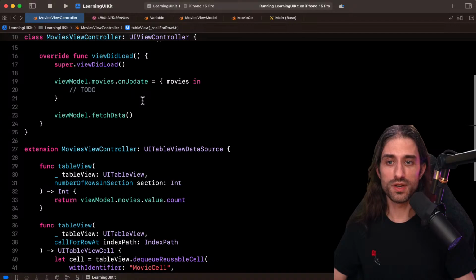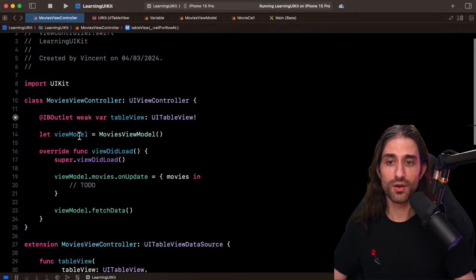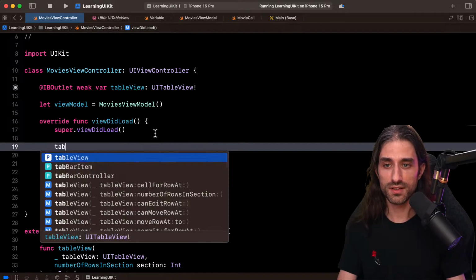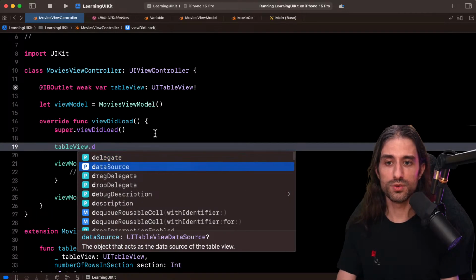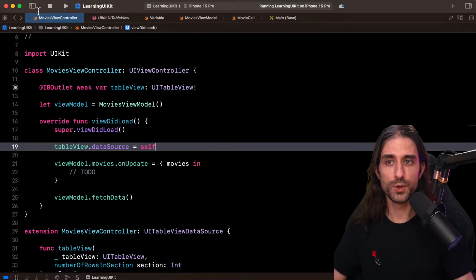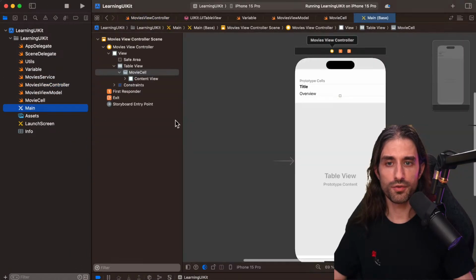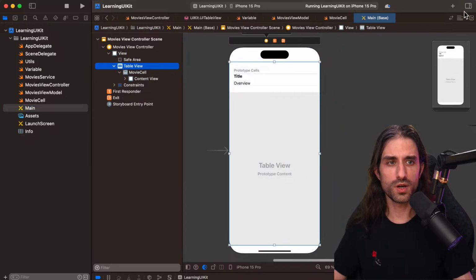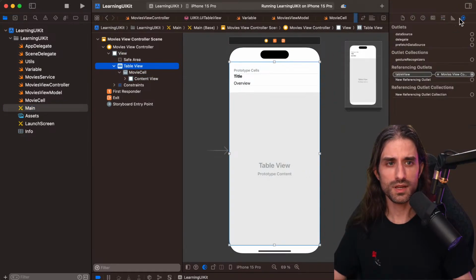We just need to actually let the table view know that the view controller is going to act as its data source. And the way you do it is that on the table view, you set the property data source and you set it to self, like that. You could also do it from the storyboard. You could select the table view in the storyboard and then select the data source and say that the view controller is the data source.